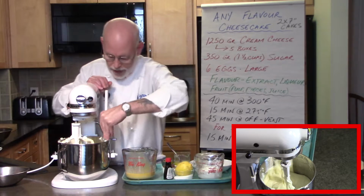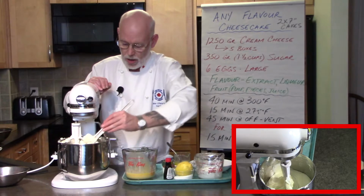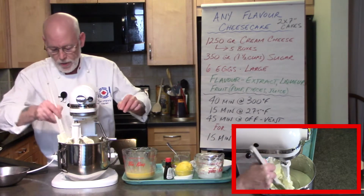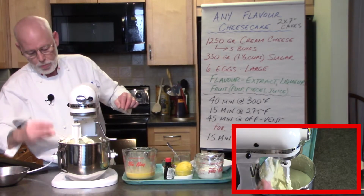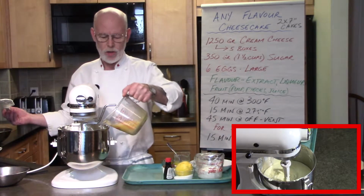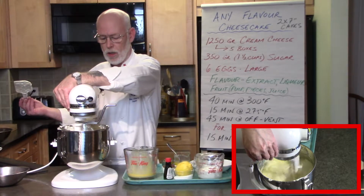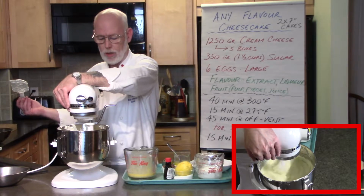When it comes to flavoring your cheesecakes, you can add anything you want, as long as it's not a ton of liquid, so that it doesn't change the science part of the recipe itself, and it will work. So today, for flavoring in the Grand Marnier and chocolate, I'm going to put some Grand Marnier, of course, and I'm also going to put in some orange juice frozen concentrate for flavor, and then I'm going to drop some chocolate chips in there. You can use any liqueur, any extract, any fruit pulp, any fruit